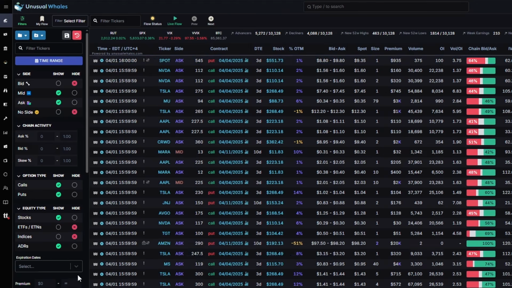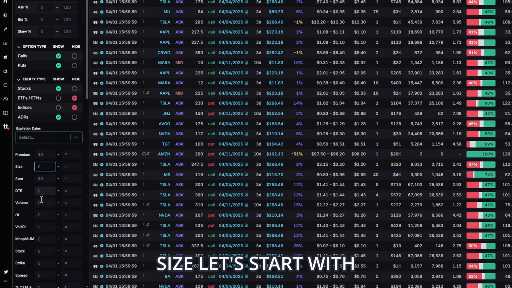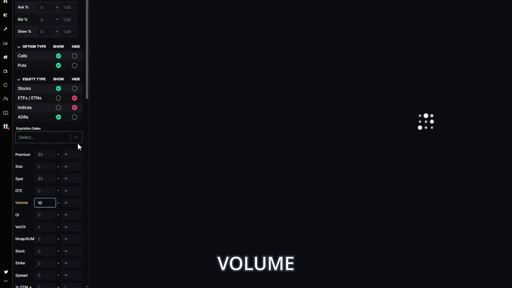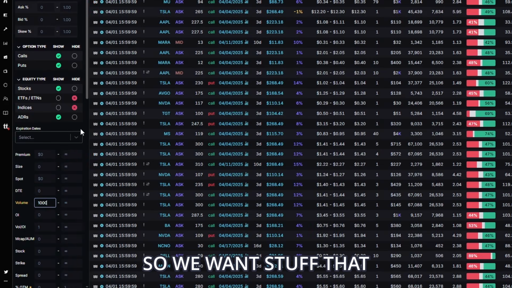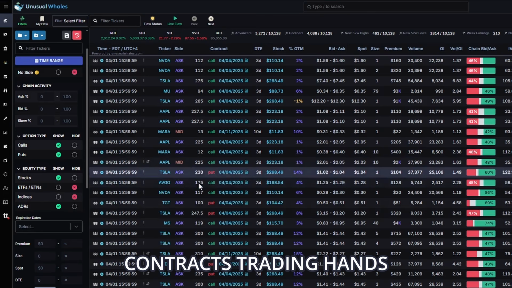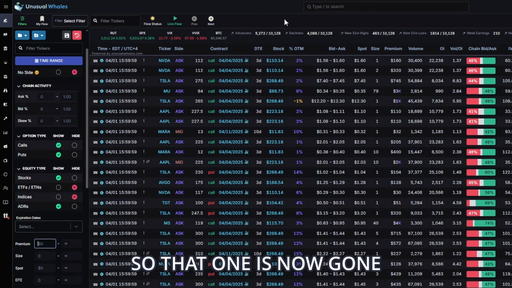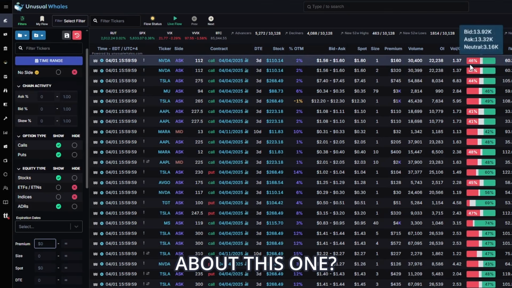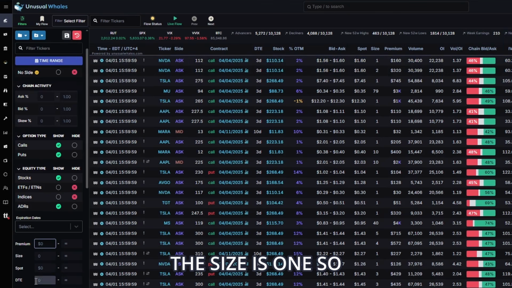Let's look for stuff with more size. Let's start with contracts in which at least 1,000 volume has taken place. So we want a minimum of at least 1,000 contracts trading hands. So that one is now gone. Now this top one, what can we rule out about this one? Again, the size is 1, so let's just toss a number out there. We'll say like